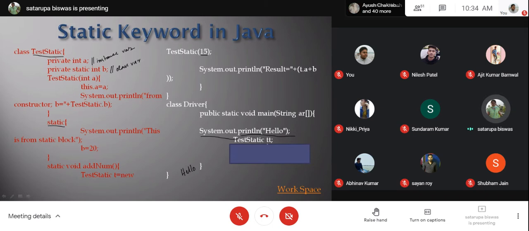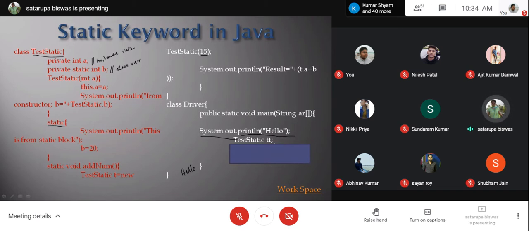See, this TestStatic tt is just a reference. This is not an object. So if you just create a reference, that doesn't mean your class will be loaded. This is the basic implication of this example. This total code will give you just a hello, nothing else, because TestStatic tt is a reference, not an object.